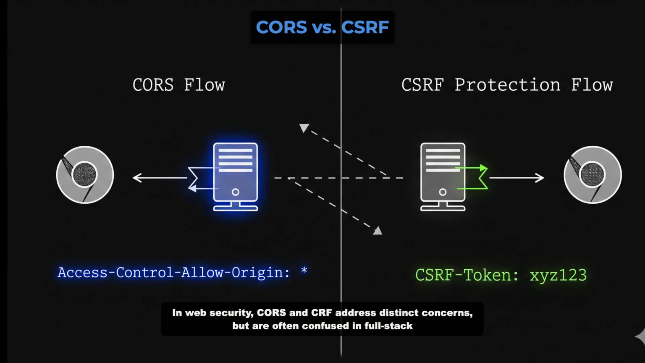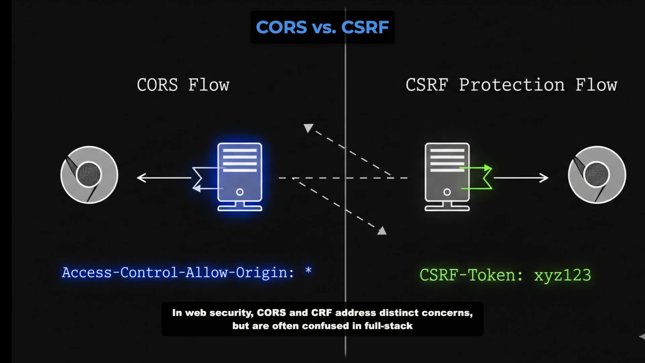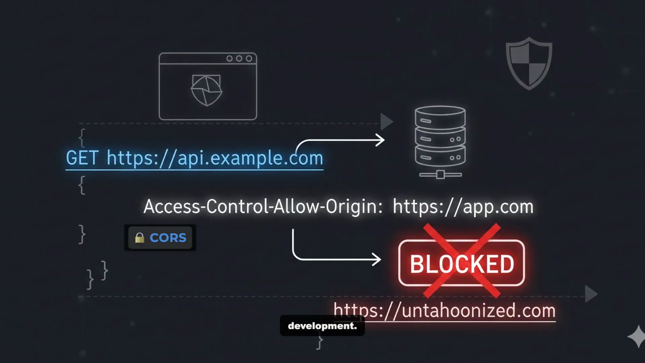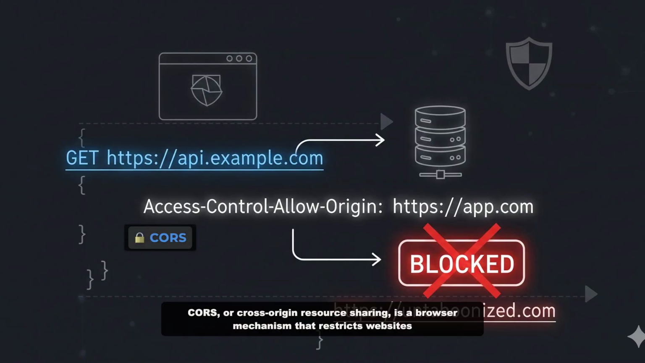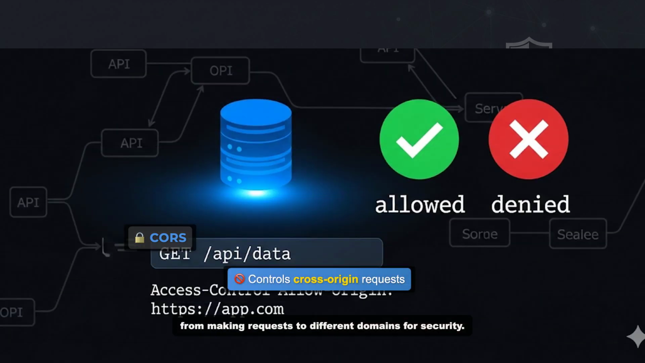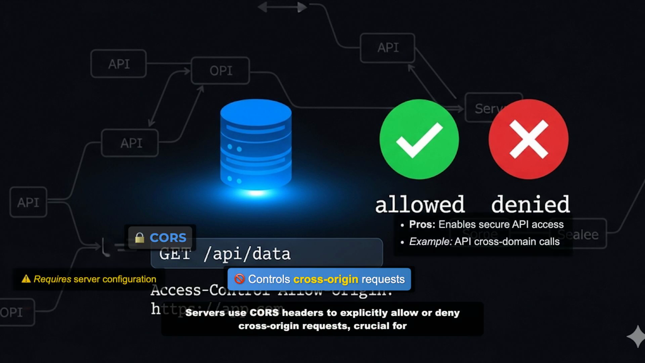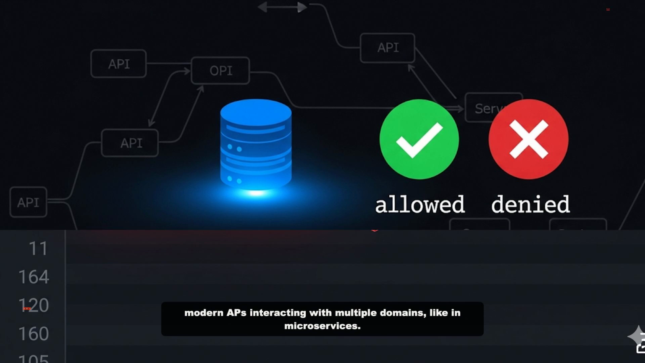In web security, CORS and CSRF address distinct concerns, but are often confused in full-stack development. CORS, or Cross-Origin Resource Sharing, is a browser mechanism that restricts websites from making requests to different domains for security. Servers use CORS headers to explicitly allow or deny cross-origin requests, crucial for modern APIs interacting with multiple domains, like in